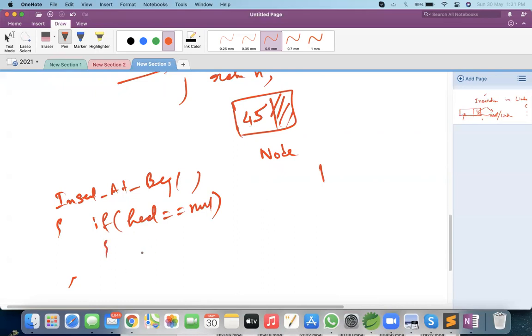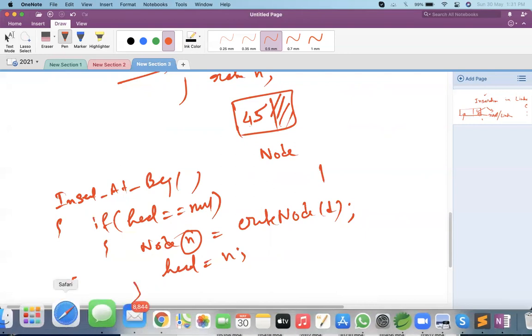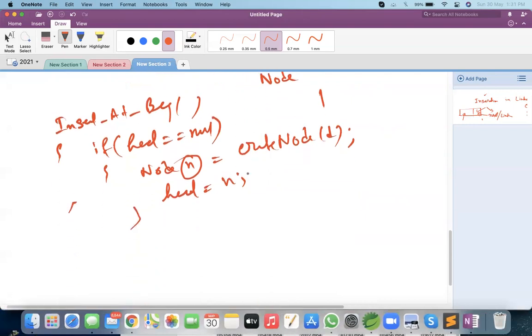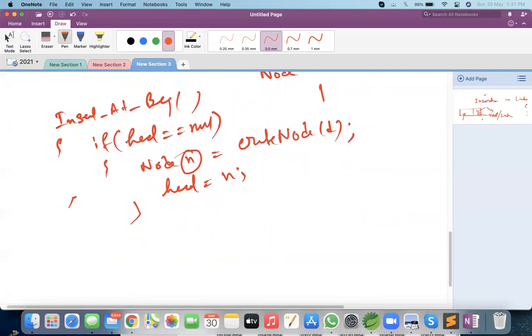So what we need to do is just Node n = createNode, the function we called in the previous part. This is my first node, because head is null. So just point head equal to n. Done.